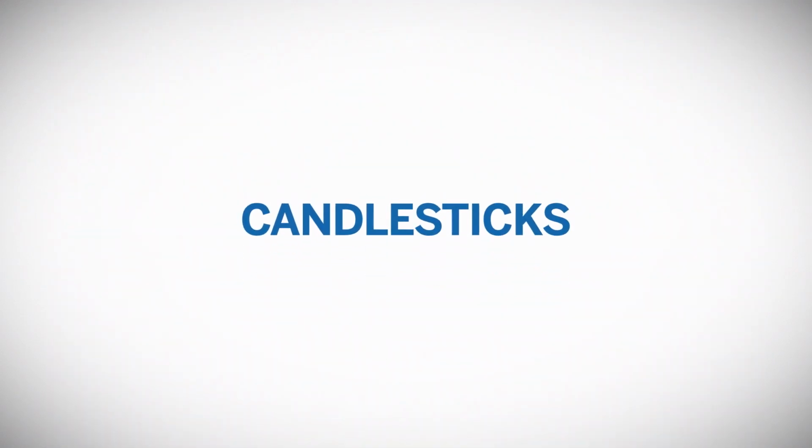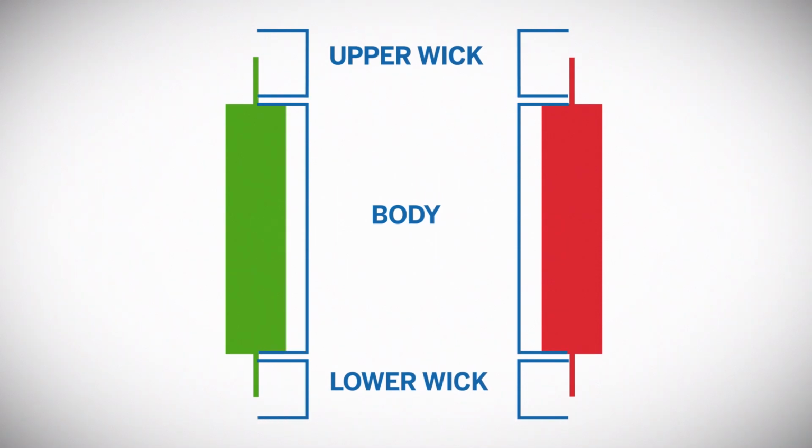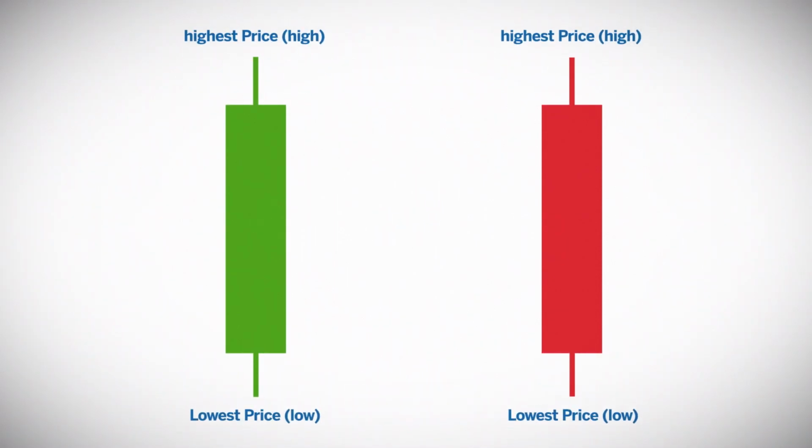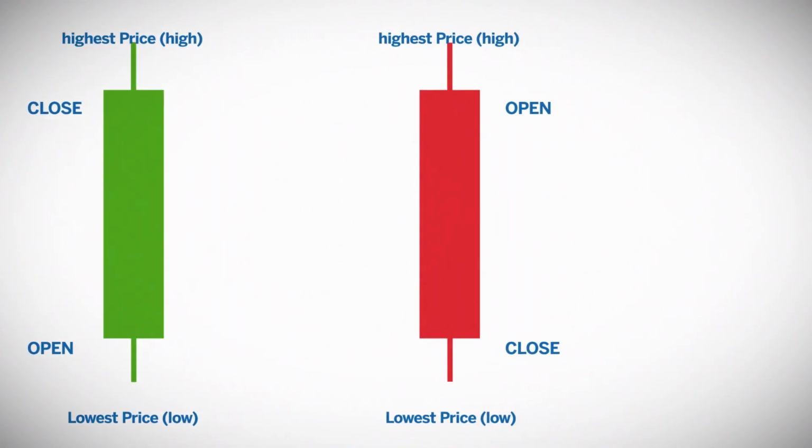Candlestick charts use a representation of price called a candlestick. There are two components to each candle, the body and the wick. The wick or thin line shows the highest and lowest prices traded over the time frame. The body of the candle shows the open and closing prices of the time frame. If the close is higher than the open, then the color of the bar will generally be green, depending on the color setting of your software. And if the closing price is lower than the opening price, then the bar will generally be red in color, depending on the color setting of your software.